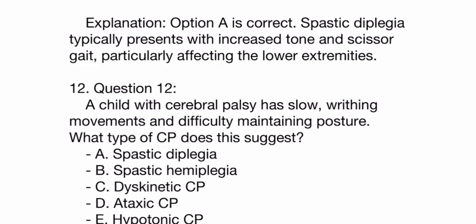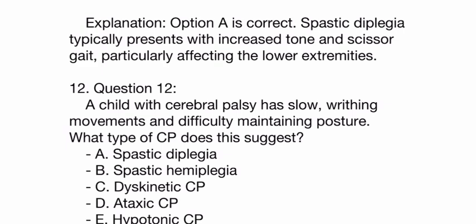A child with CP has slow writhing movements and difficulty maintaining posture. What type of CP does this suggest? A, spastic diplegia. B, spastic hemiplegia. C, dyskinetic CP. D, ataxic CP. E, hypotonic CP. So when you look at these options, we have a child with slow writhing movements and difficulty